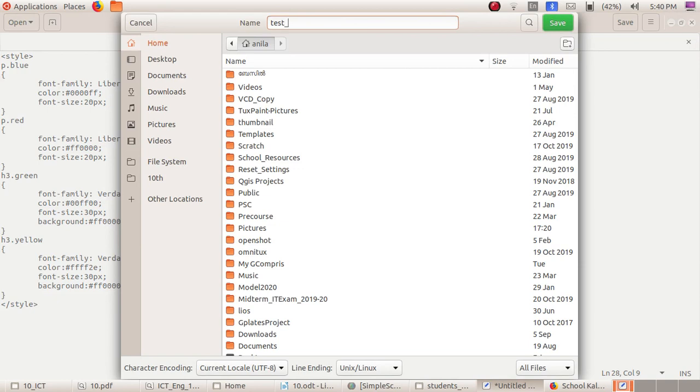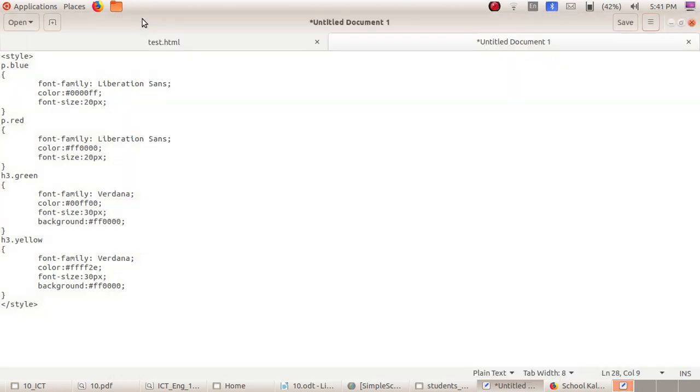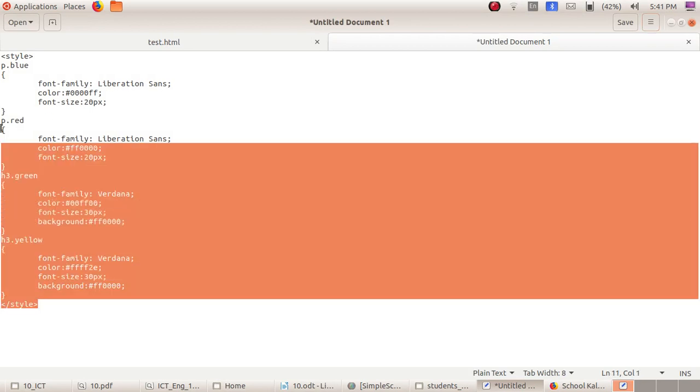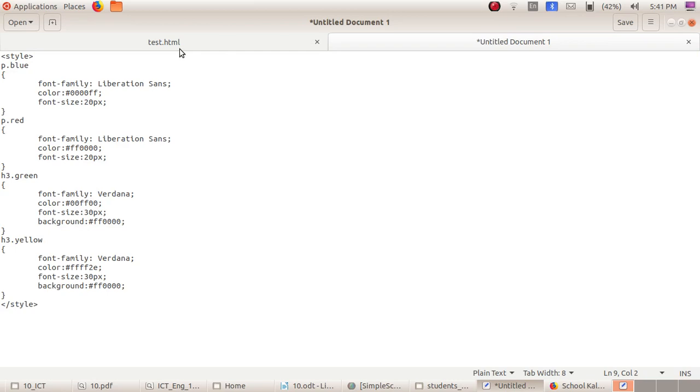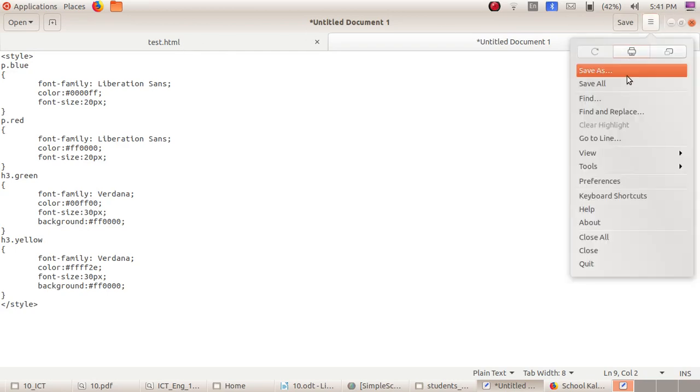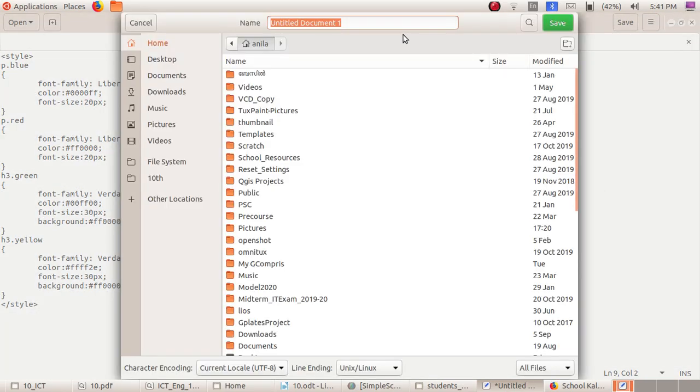For identifying, I am giving another name. This is the styles. Save this with the name style.css. Style dot CSS, then save it.